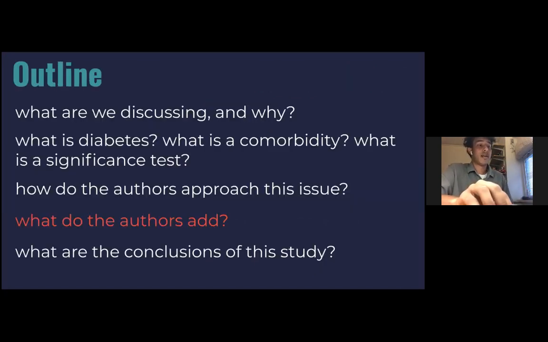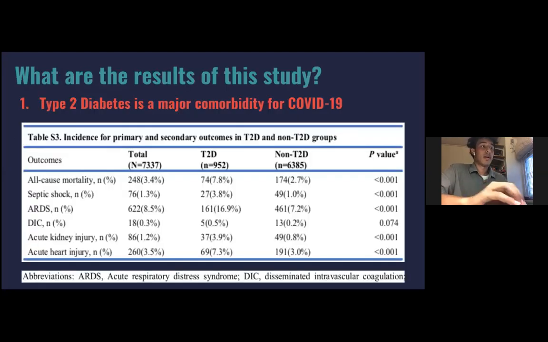Okay, so now we're going to go into the results section and what the authors add to this field. The first major result of the study is that type 2 diabetes is in fact a major comorbidity for COVID-19. And here I've presented a table where